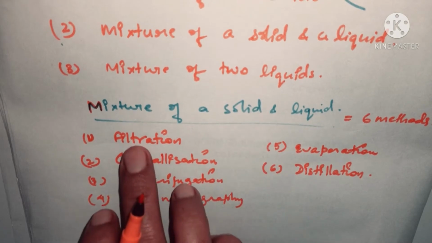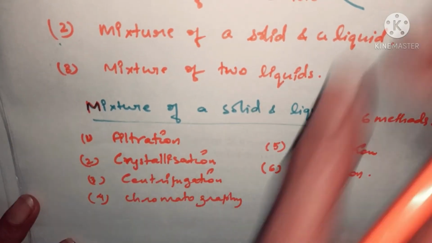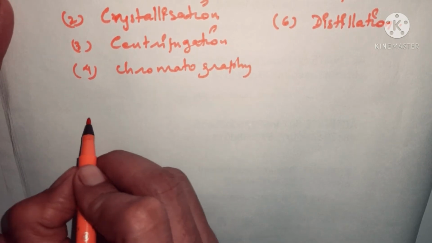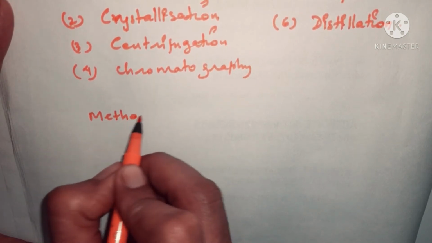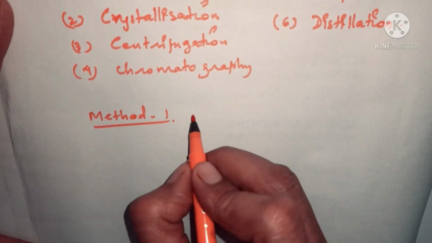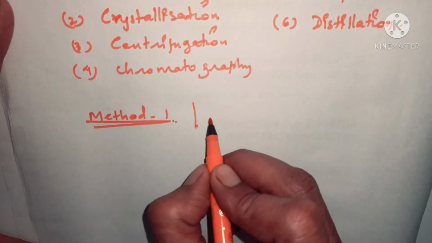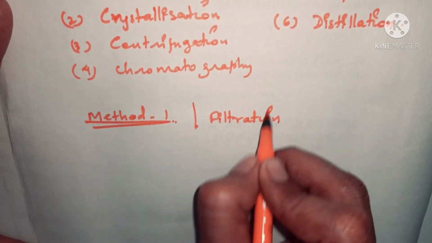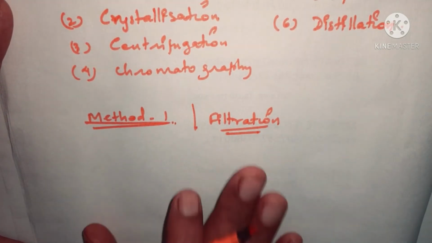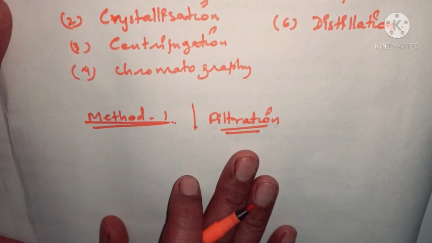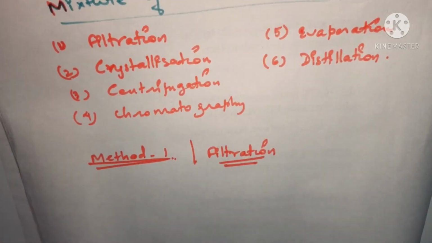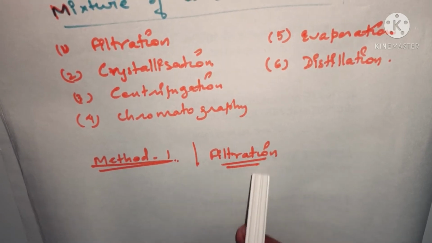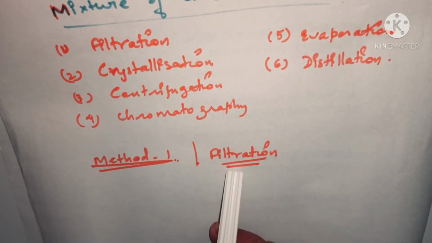So we are going to start with the very first method, that is filtration. This is method 1. What is method 1 here? It is filtration. So we are going to talk about this method. What happens in filtration? In this method, it is actually a process in which